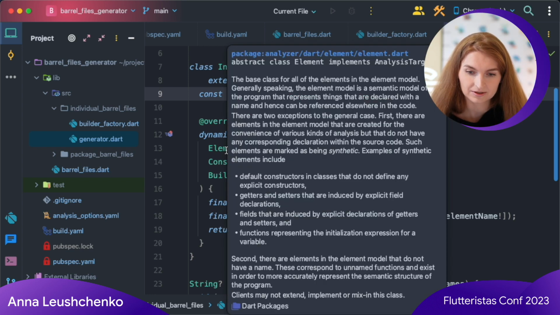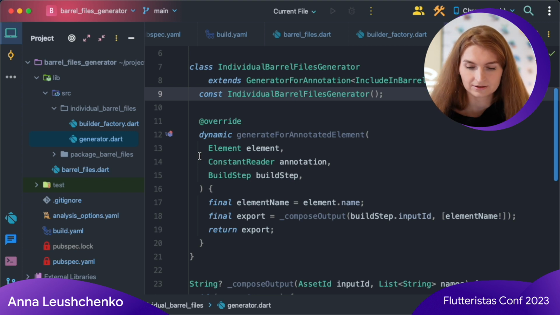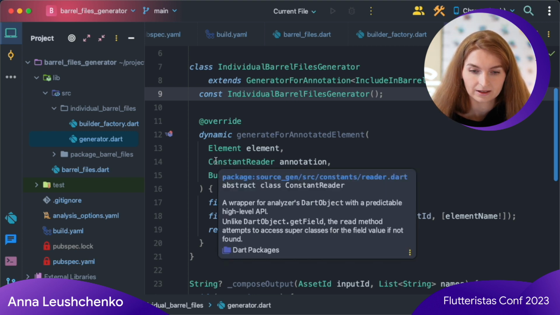This method accepts an annotated element, which in our case can be a class, a global const, enum, typedef, and anything else that can be a top library element. You can use it to get any information about the element like its name, list of fields and methods, and so on. It also accepts an annotation object, which you can use to read some properties of the annotation above the element.